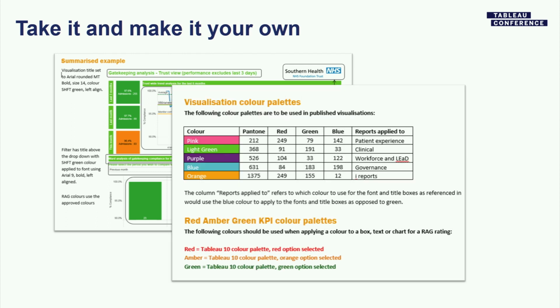But my favorite thing that this particular NHS trust does is that they take color coding to a whole new level. So they don't just have one color palette that everyone at the NHS has to use, they actually color code their reports. So if you're looking at a pink color palette at the NHS, then you know that you're looking at a report that's related to patient experience. If you're looking at a green one, then it's related to clinical experience. So this is a great way to, again, capitalize on your users' knowledge and start to train them on what to expect when they're looking at visualizations.